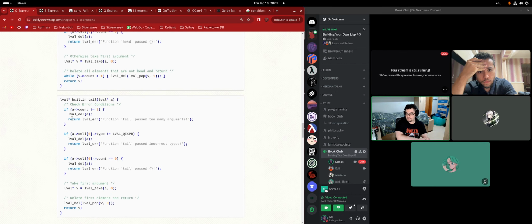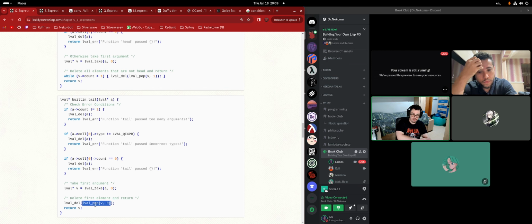And this is the tail. It kind of makes sense now that we see the implementation of the tail, because the tail removes the first and returns everything else, right? So you are grabbing V and then deleting the head.